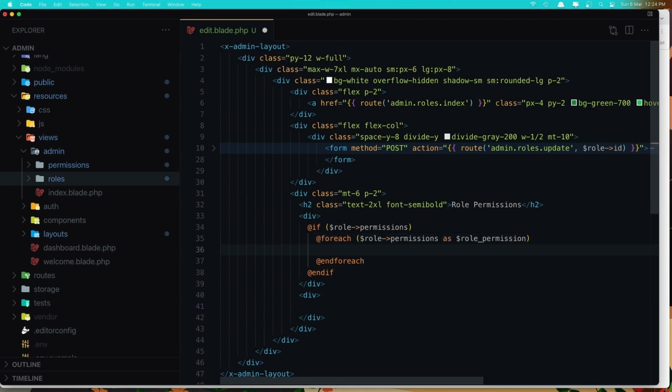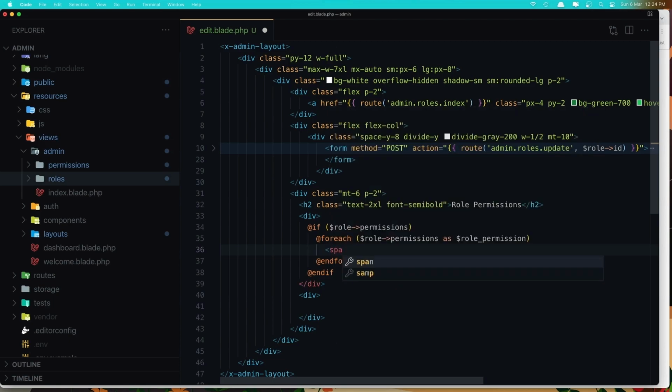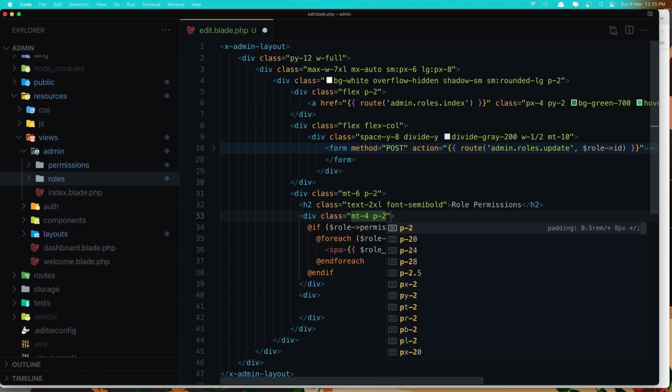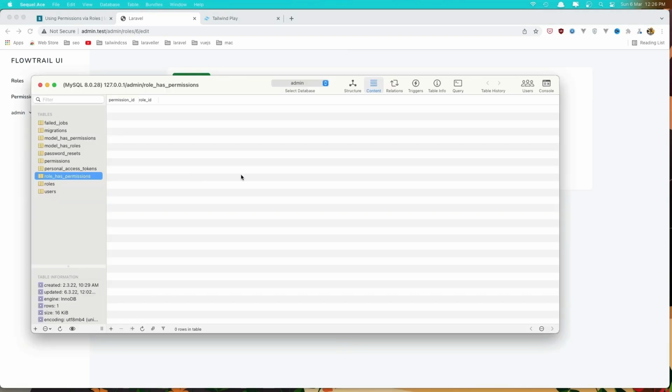And here right now I'm going to add a span and display the role permission name, $role_permission->name, and maybe add a class here, so margin top to be 4 and padding 2. Okay, save from here. And yeah, here we have the role permissions, but we don't have any role. Okay, let's